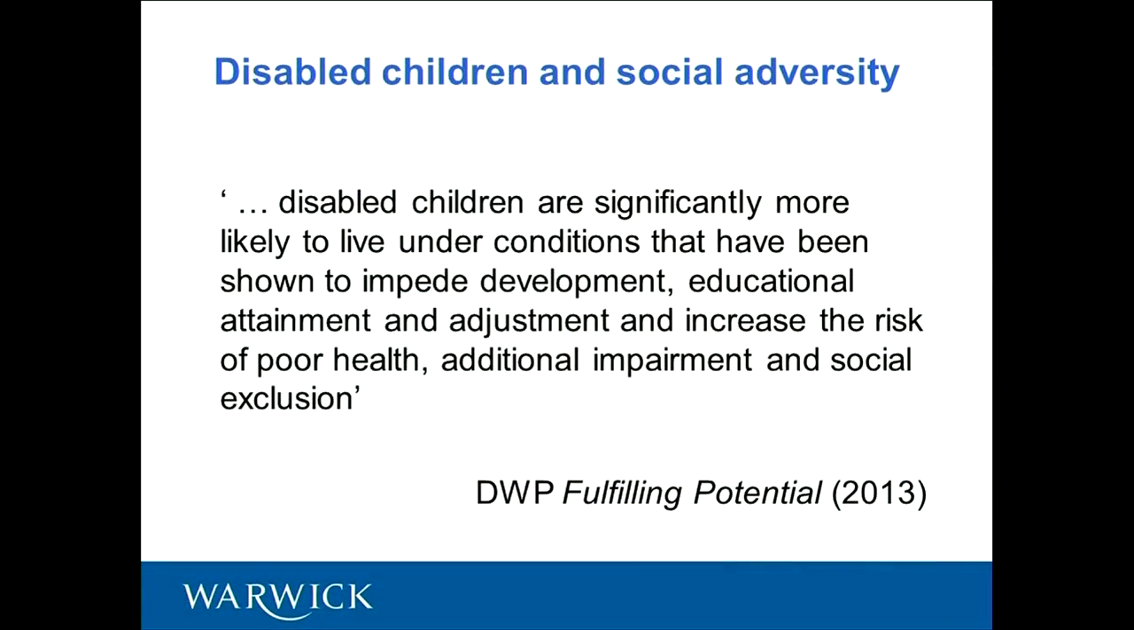So, all in all, we know that disabled children are significantly more likely to be living under conditions that have been shown to impede development, educational attainment and adjustment, and increase the risk of poor health and additional impairment. So if we look at, this is from a DWP report last year, our cross-sectional work, the snapshot of the disabled children in the here and now,